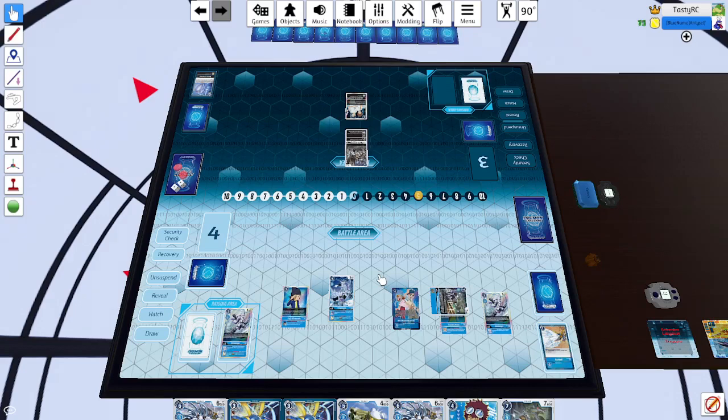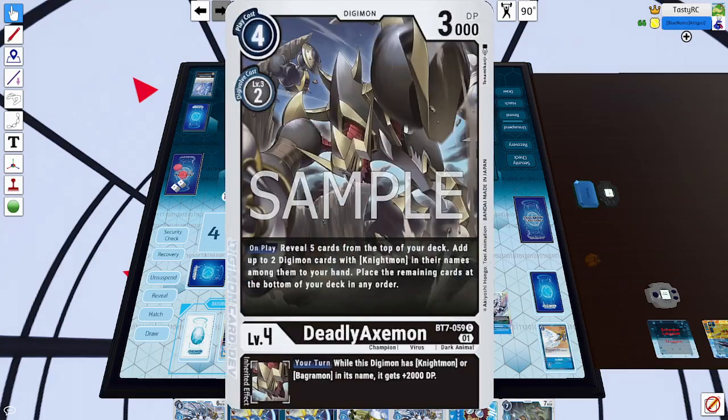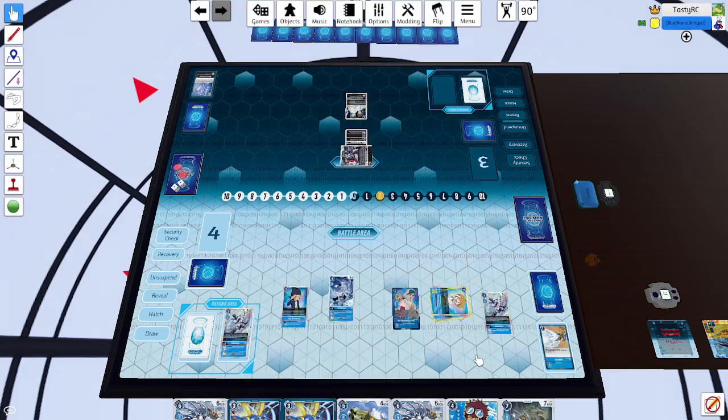He brings out the Deadly Axemon, who is a lot less value now since he unfortunately doesn't have the Skull Knightmon to be able to combo the Deadly Axemon with anymore. It is an on-play, so he can't really do anything with it. He is instead just going to go ahead and hard Digivolve into the DarkKnightmon on play. You may place one Skull Knightmon and or one Deadly Axe from hand or trash, but he does not have that. Instead, he goes for...